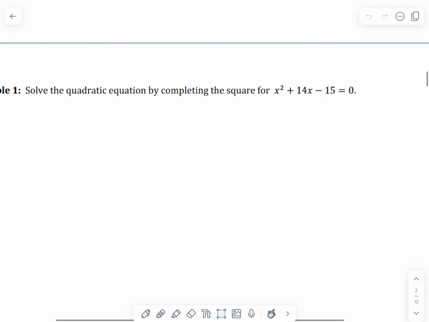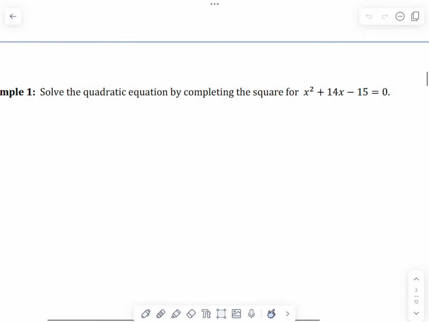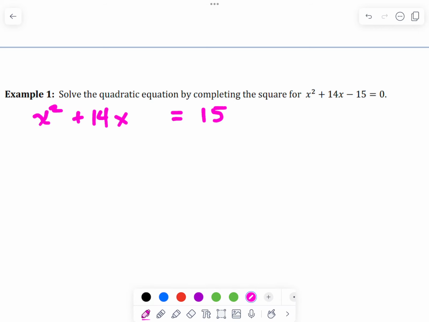So here's a quadratic equation, and we want to solve the roots. So when we complete the square, we want to bring that constant to the right, so that minus 15 to the right side. So what we do is we just go ahead and add 15 to both sides. And then I always just like to leave a spot. Now we're going to go ahead and complete the square. So we're going to take half of 14,